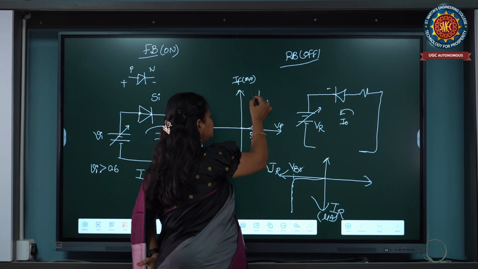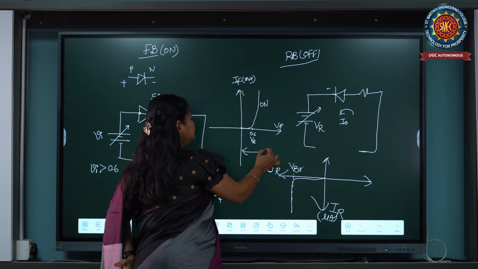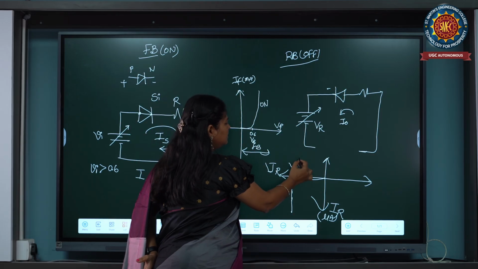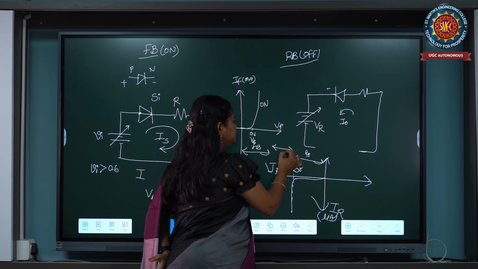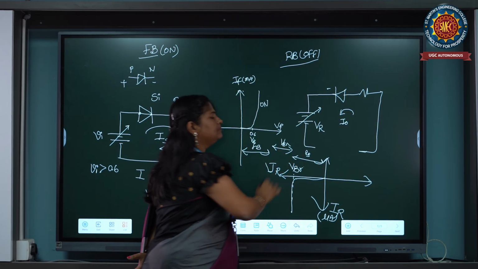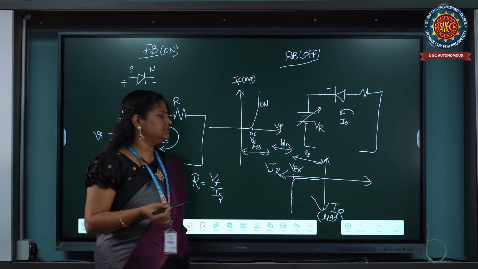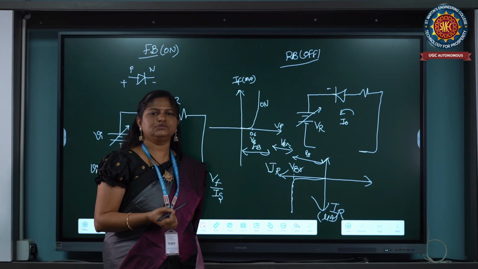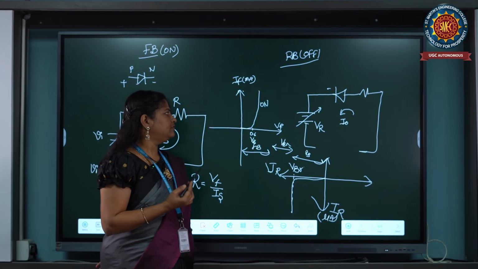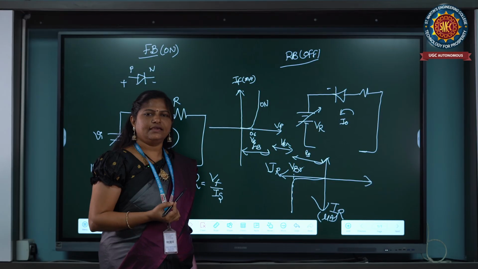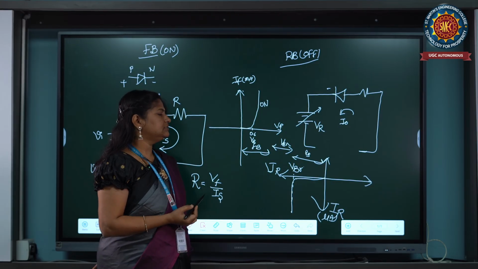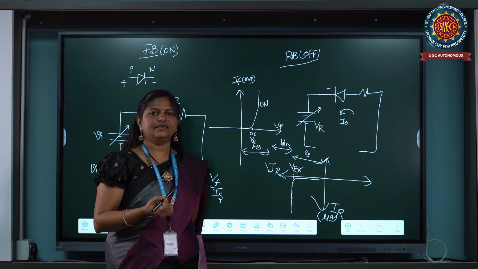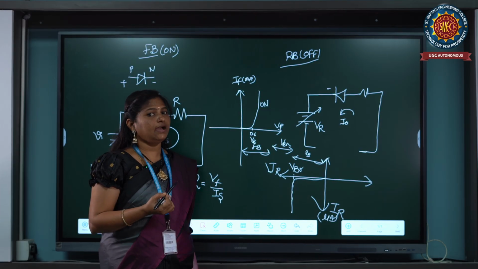Now, if we look, this is the forward bias region, this is the reverse bias region, and this is the breakdown region. So, based on the operating voltage, the diode regions are classified into three types. One is the forward bias region. It acts like an on switch. It offers very small resistance, and in reverse bias, it acts like an off switch. It offers high resistance.